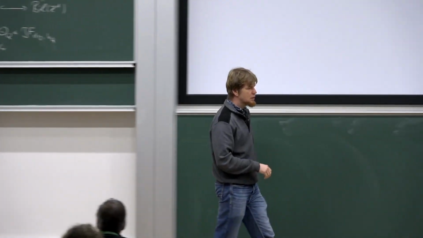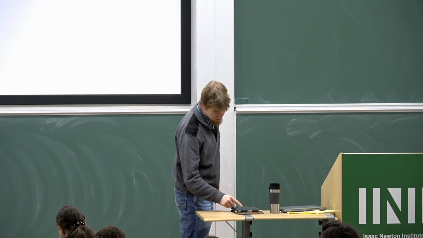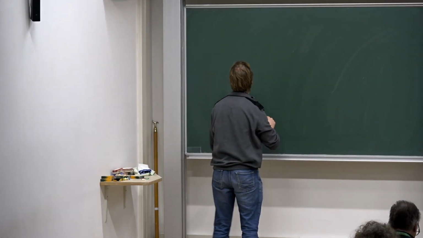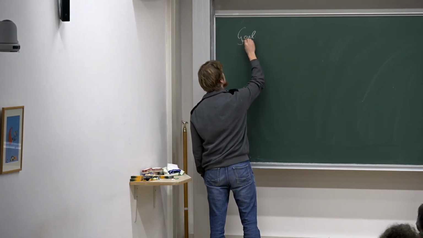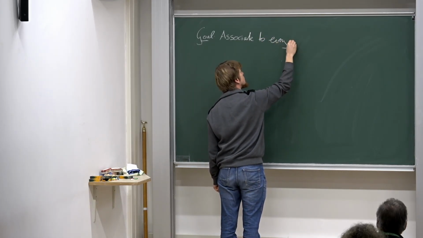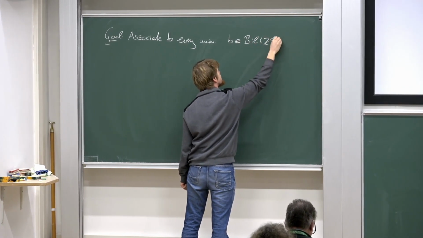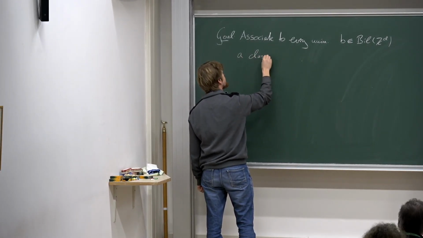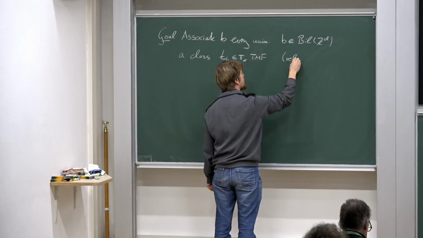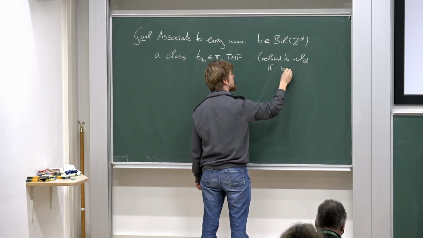And then let me also recall what we actually wanted to do with this, namely, the goal is to associate to every unimodular bilinear form a class T_B in the homotopy groups of TMF, and ideally this should be related to theta_Q if B equals B_Q,